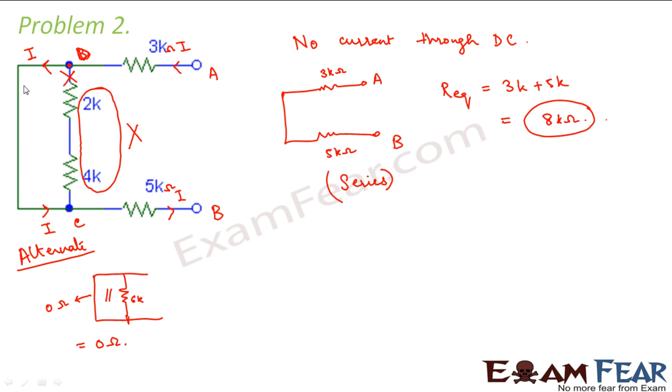That means if you have two alternative paths, one with resistances and the other without any resistance, the entire current will always flow through the path which has no resistance at all. But had there been one resistance here of, say, 1 ohm, in that case some part of the current would have flown through the 1 ohm and some part would have flown through this arm, that is DC, right? So I hope it is clear now.